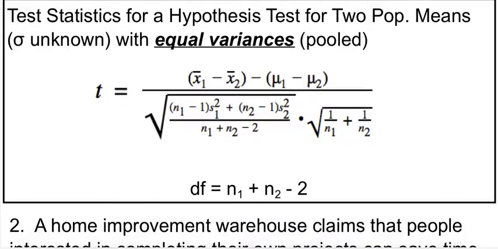If we have equal variance, if we're pooling our data, we have a slightly different formula for our t-statistics. So you can see the numerator is the same. The denominator gets a little more exciting. I'm not going to read the whole thing to you. Degrees of freedom also changes. Instead of the smaller of n minus 1 or n minus 2, it's n1 plus n2 minus 2. So the advantage to pooling the data is you get a higher degree of freedom, which gives you a little bit more accurate